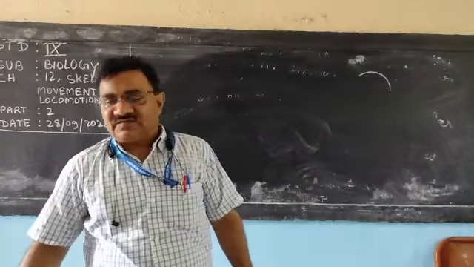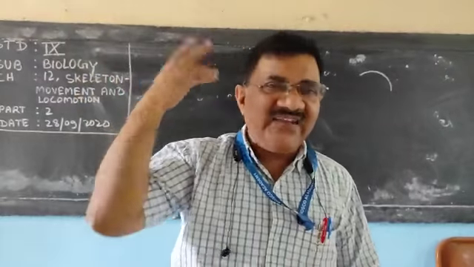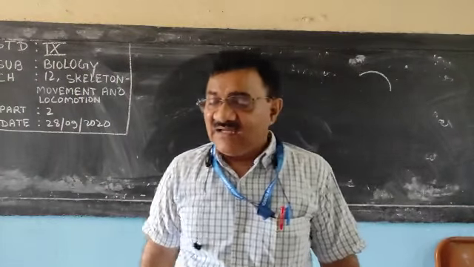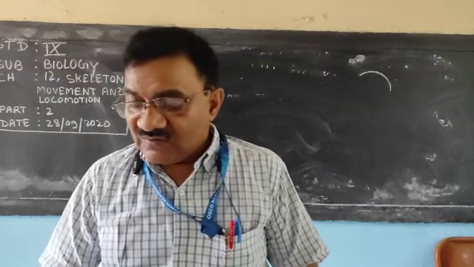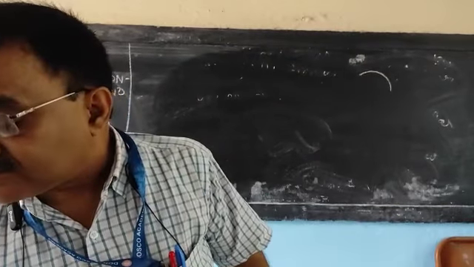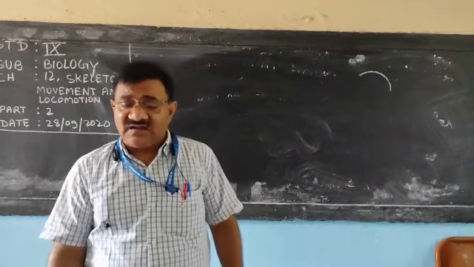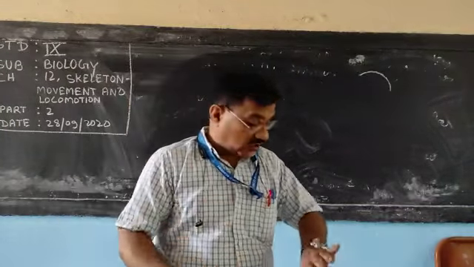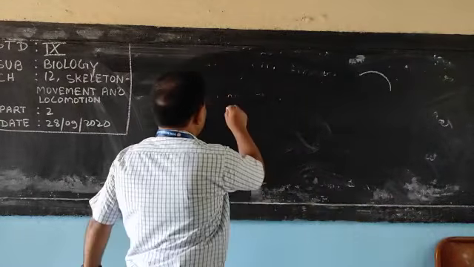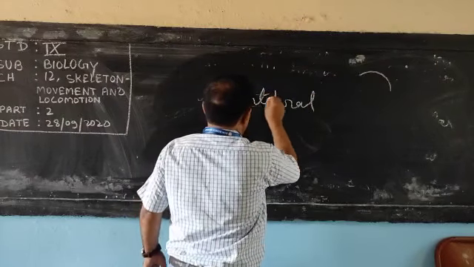the 20 bones, 8 in the skull and 14 in the face. So that part is clear. Now let us discuss the detail of the vertebral column. How many bones are there in the backbone? Vertebral column,